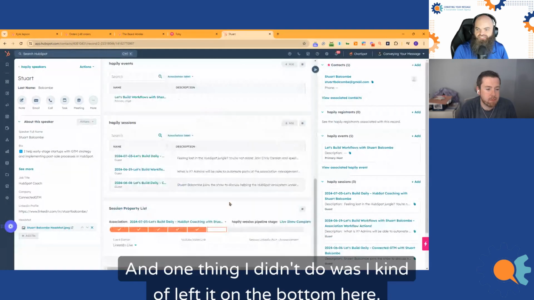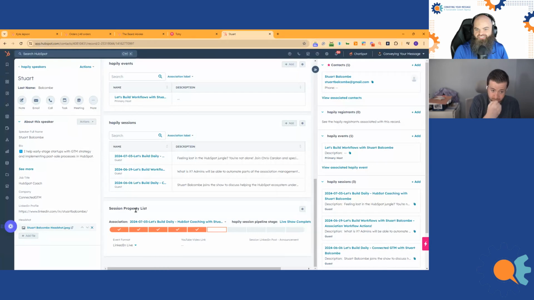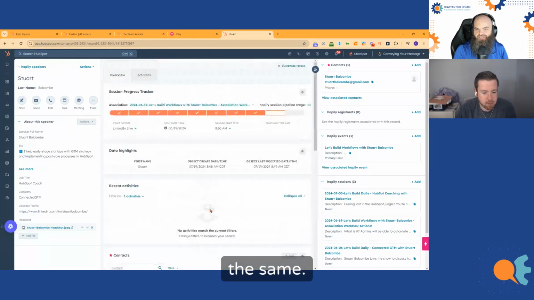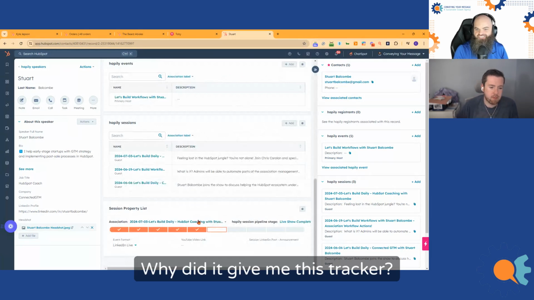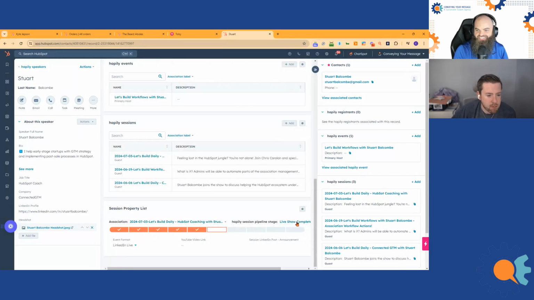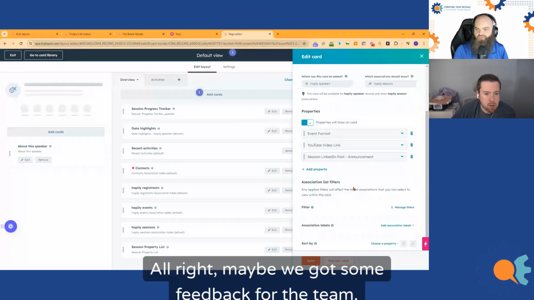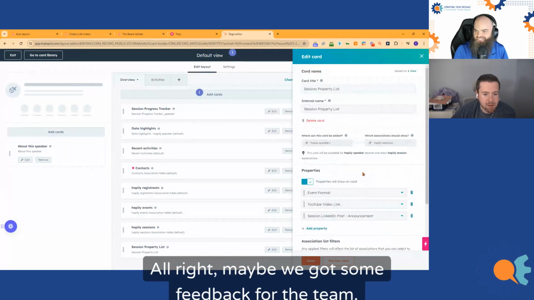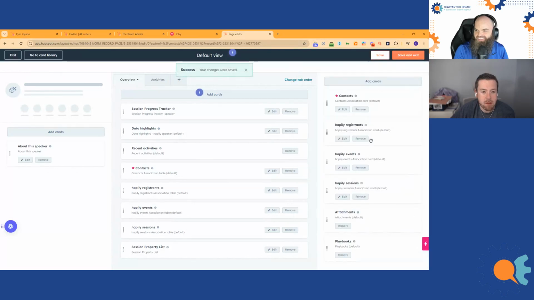One thing I didn't do is I left it on the bottom here. Now this looks the same. Why did it give me this tracker? That is curious. Maybe we've got some feedback for the team. Let's try and create another one.